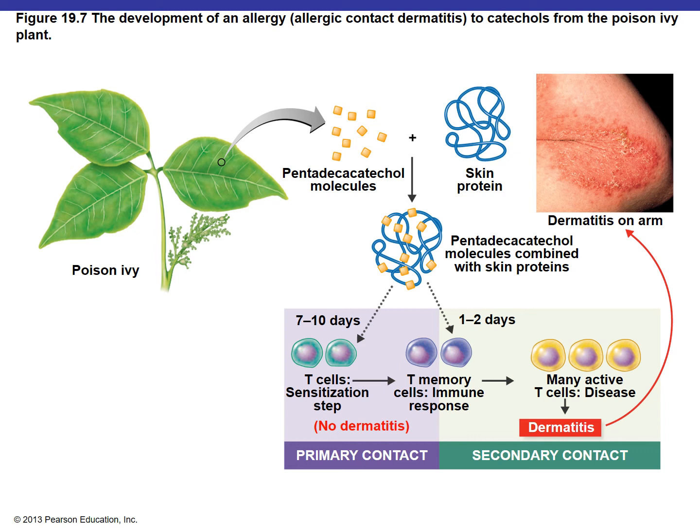This figure that we're looking at right here is actually showing allergic contact dermatitis for poison ivy, and it's showing how that allergic contact dermatitis develops. So the poison ivy has these catechols, which are oils, and when the oils interact with your skin proteins, now they become antigenic